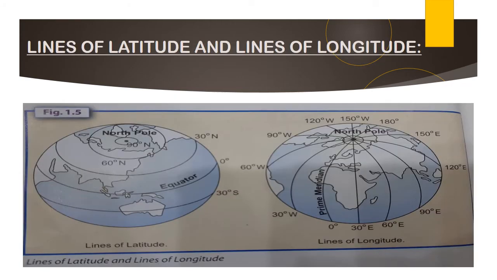In figure 1.5, the lines of latitude and longitude are present in a circular diagram. These are the lines of latitude, and these are the lines of longitude, right? The lines coming from up to down are longitude, and the lines from left to right are latitude, right? This is clarifying the North Pole, the equator, and the South Pole as well. While here the prime meridian is shown.